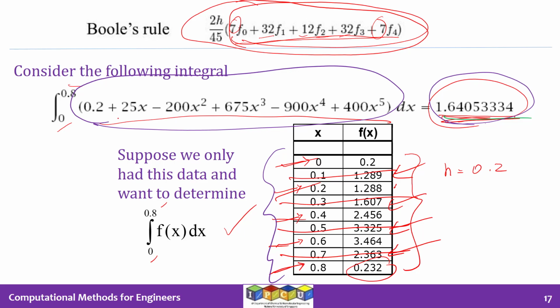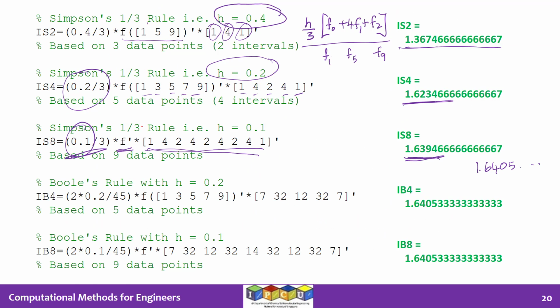But we are using more pieces of that, right? We are using many second order polynomial pieces to cover the entire range of these 9 data points. So that's a nice thing. But in any case, P2 is not P5. The true function is P5. Therefore, we expect some error. So that is what you see here. If you have more data points and therefore many P2s, then you will get closer to the answer, because many P2s can kind of fit the fifth order true function.